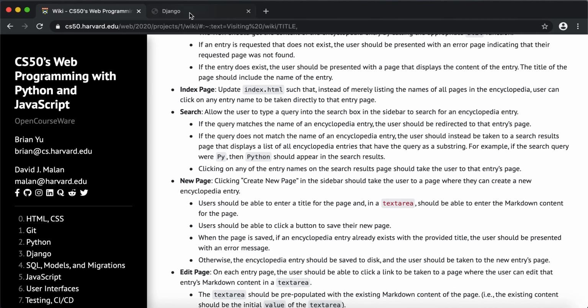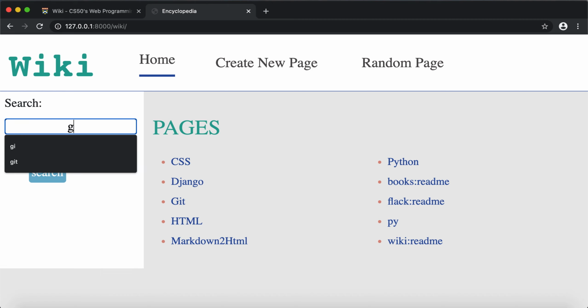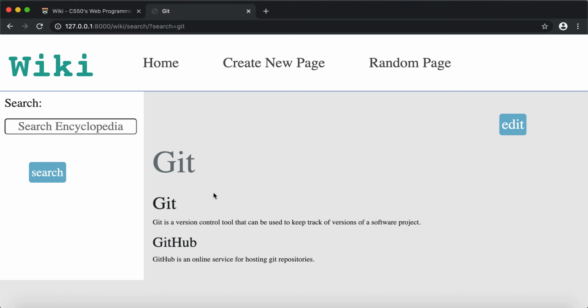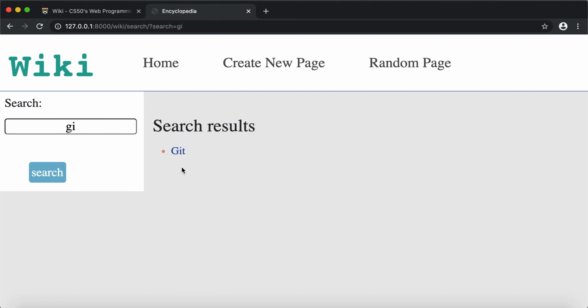The next one is search. Now suppose I'm giving a complete name, like typing git in here, it redirects to the git page. Now if I'm giving a partial query like gi, it displays the search list. If I give another query like p, it displays all the entries that have p in their name.